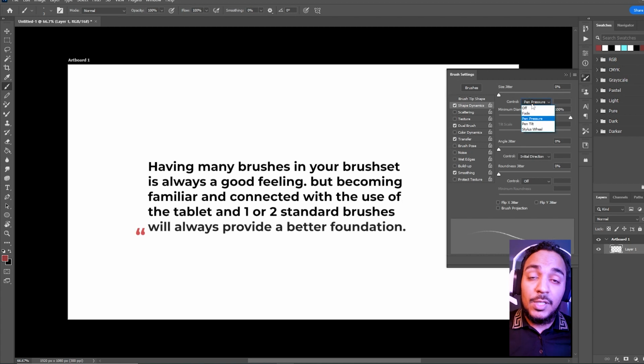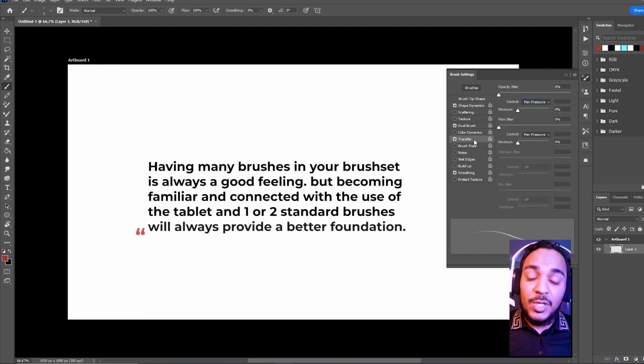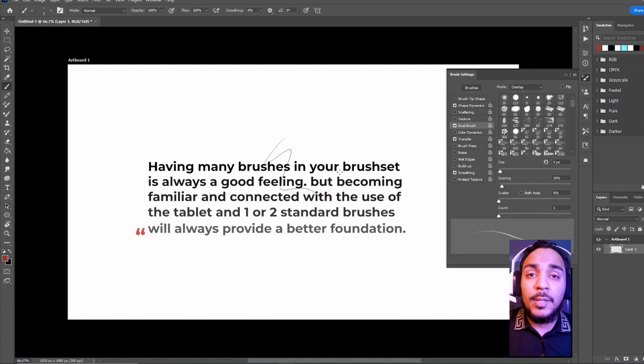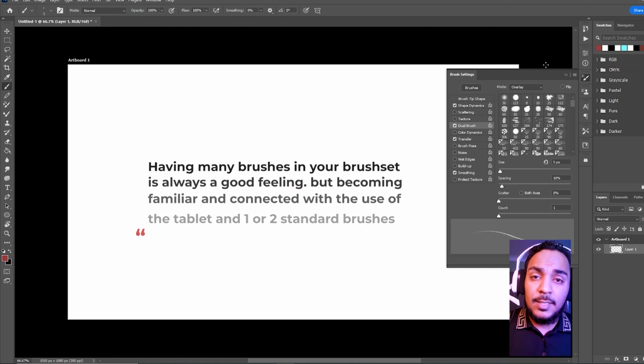chances are you're going to be searching for the tool that somehow satisfies all of your questions and answers all of your design prayers by just using one brush and it does it all. But in this particular instance, we are going to use one brush to get our baselines down,